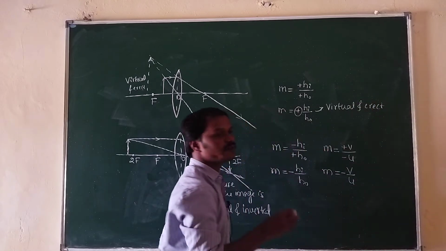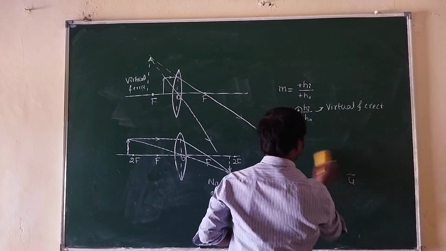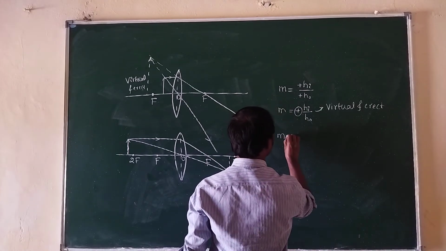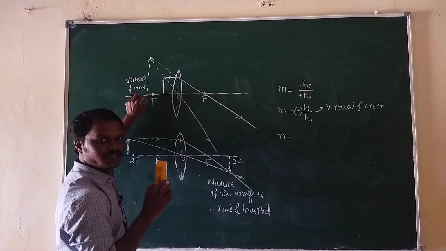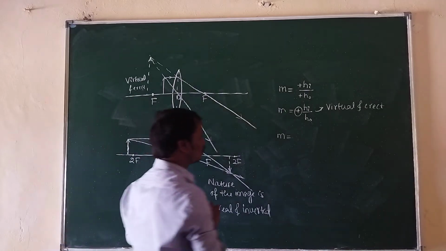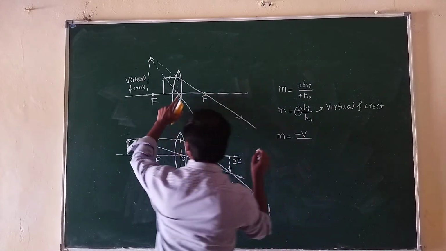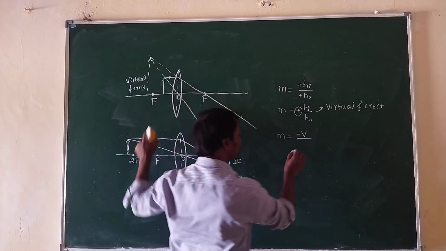Okay, and in terms of image distance and object distance, here m is equal to, the image distance is measured in the left direction, that is why the image distance can be taken as negative. Now it is minus v, and the object distance is also measured in the left direction, that is why the object distance can be taken as negative, that is minus u.